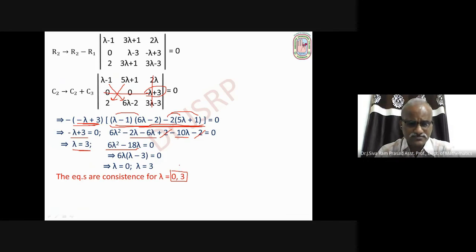Consistent means the system of equations has infinitely many non-zero solutions. Now we have to find the ratio of x, y, z when lambda has the smallest of these two values. The smallest of these two values is 0. So case 1, if lambda equal 0,